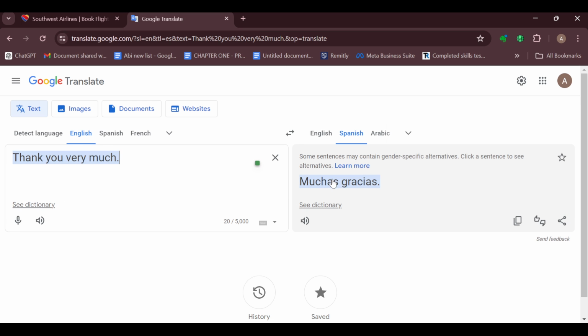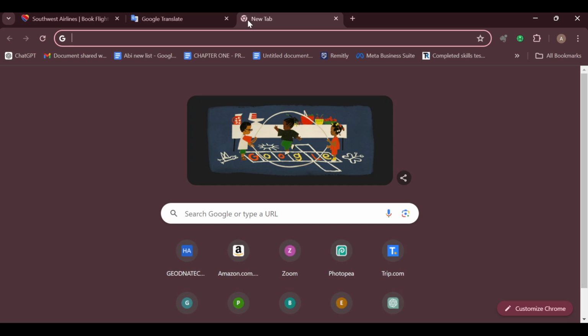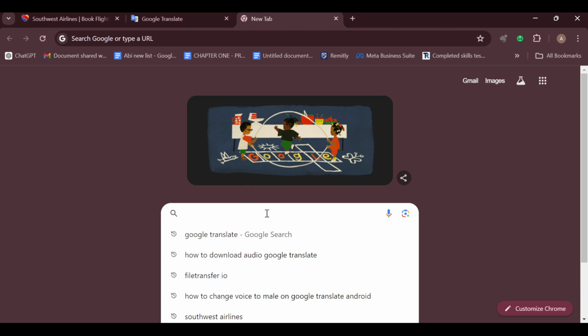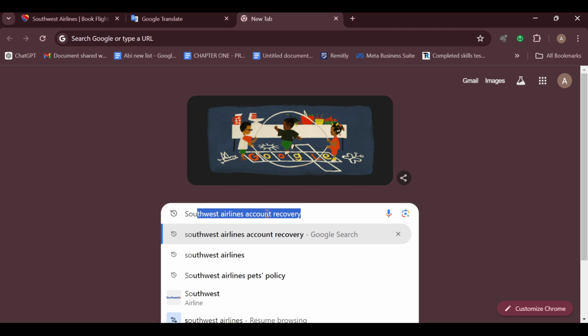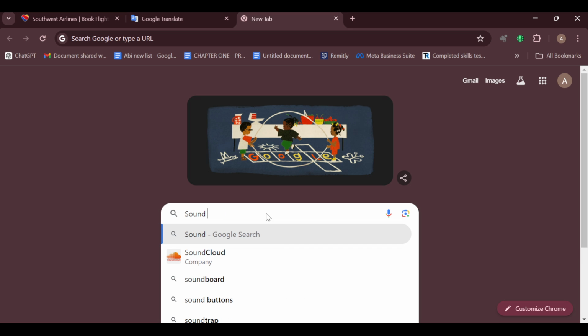Okay, and so this is it. This is the language. This is what I have translated. And then once you can see the translated text, the next thing to do is to copy it. And then after copying it, go back to your web browser and click on the plus icon to open a new tab. Then in the search box, type out the name of that site, which is